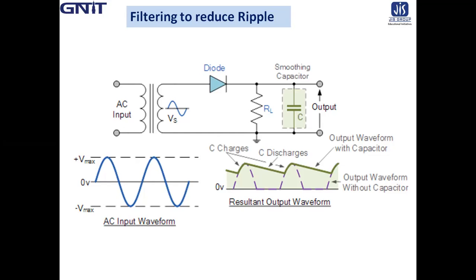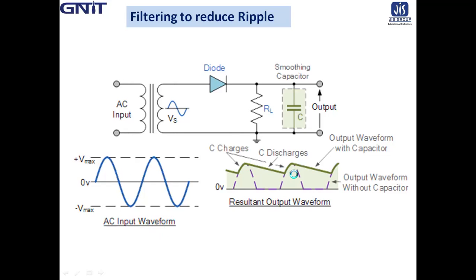The capacitor maintains a large voltage across RL, that is V0 is large. Since the capacitor discharging time constant is many times larger than the charging time constant, the capacitor discharges very slowly,